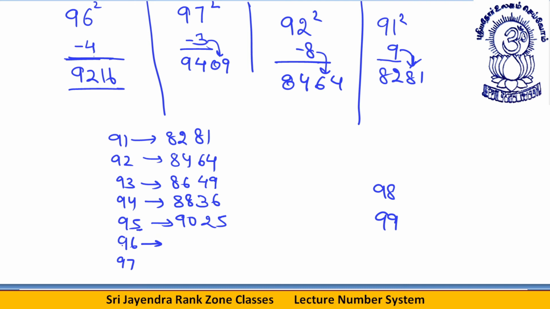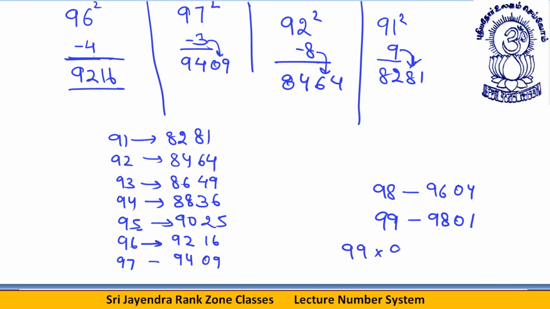96. First of all, this is 4 less. 96 minus 4 will give you 92. 4 square is 16. 97 is 3 less. You will subtract 3, you will get 94. 3 square is 09. Okay, next. 98, you do it. How much short? 2 short. So you subtract 2 further, write the square of 2. 2 ways. First of all, this is 1 short, subtract 1 from 99. Square of 1 is this.